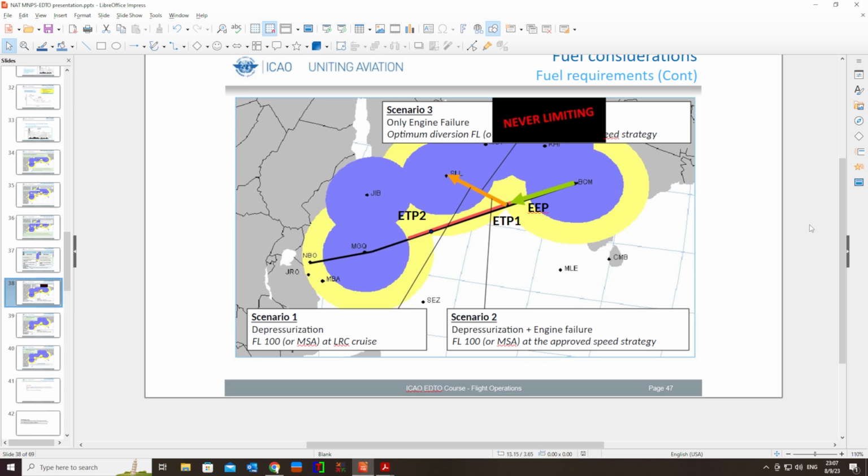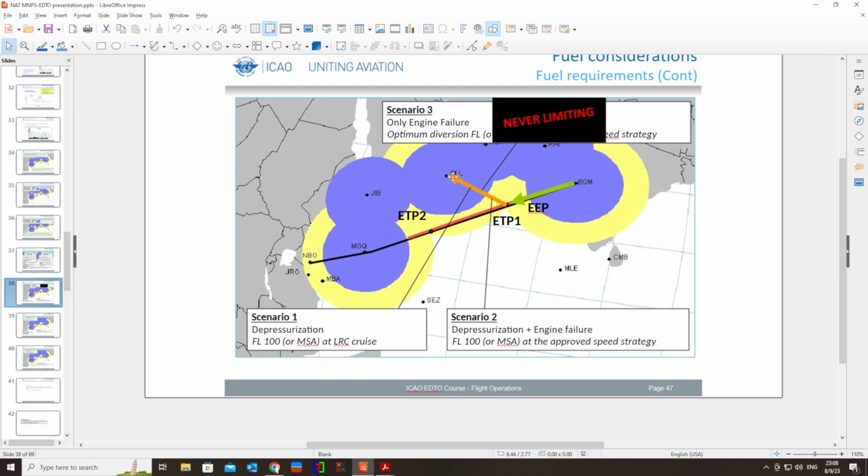It might be the case that you had your engine failure here. However, due to a strong tailwind, let's consider that you had a strong tailwind coming from Bombay here as the example has going straight out. It's not the case. Usually the winds are blowing the other way around, but let's say in such a case,